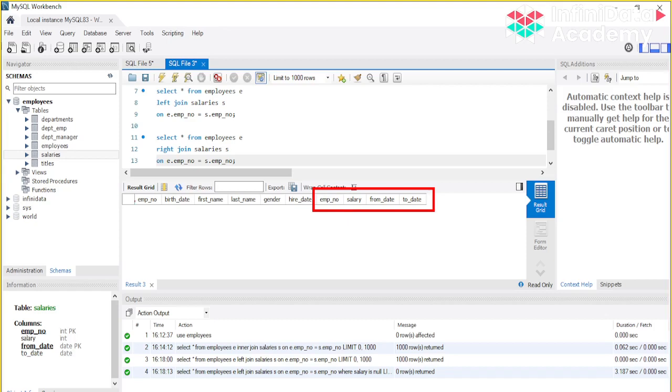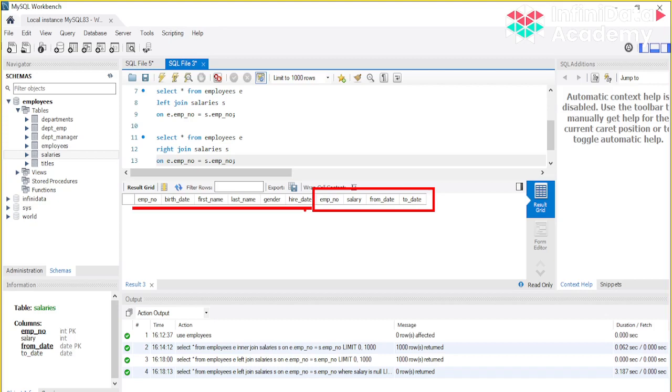And in that case all these six values will be missing, they will be null. So the first 6 columns will be null, and in the last 4 columns there will be the employee number, salary, from and to date, those details will be present. So that is your right join.